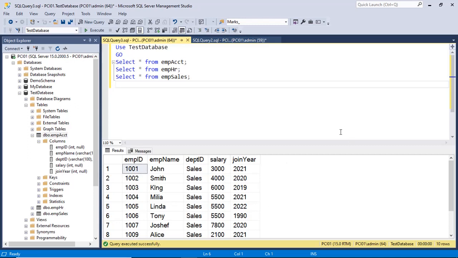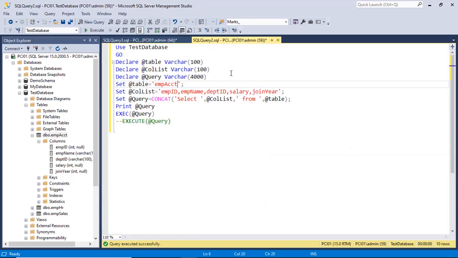So let's check the example. We have a table variable, a second variable column list, and a third variable, query. In the table variable, I have assigned the name of the table, EMP account. In column list, the list of columns, comma separated. In the third variable, query, I am designing the SQL statement.